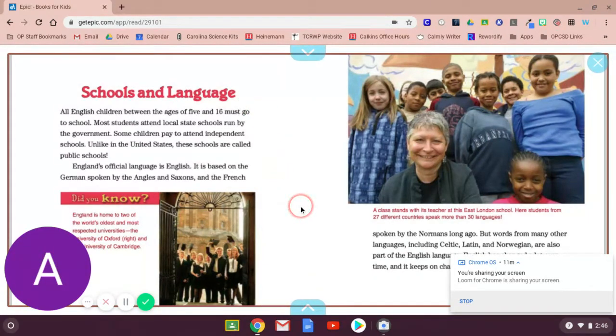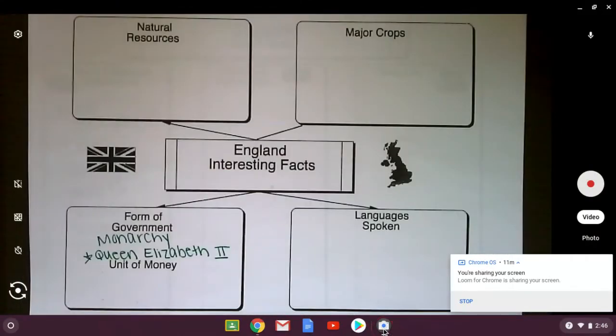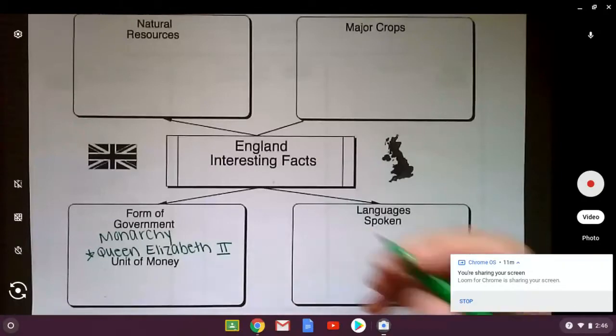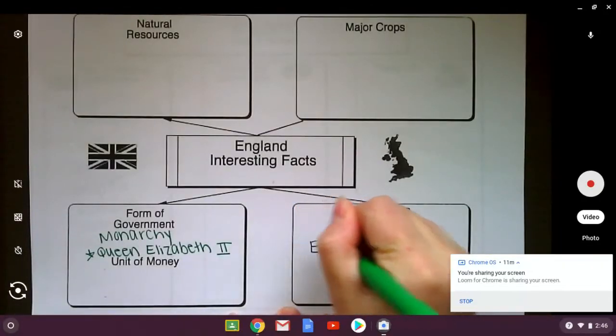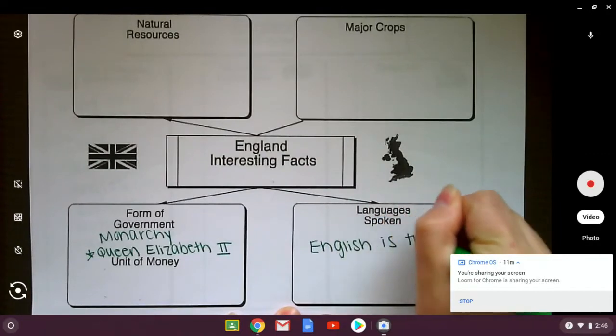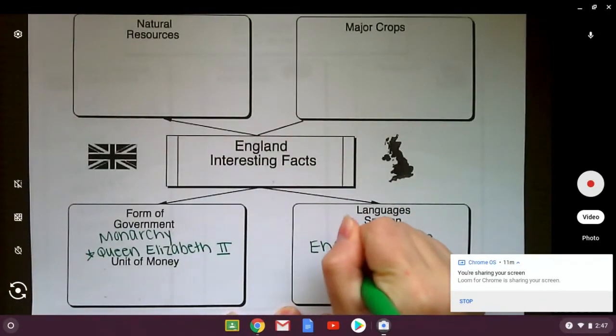All right, let's go back to our graphic organizer and think, this was all about the schools and the language, and let's see if we can add something in. Okay, so I'm back to this page. Oh, here it is, language is spoken, and we can say English is the main